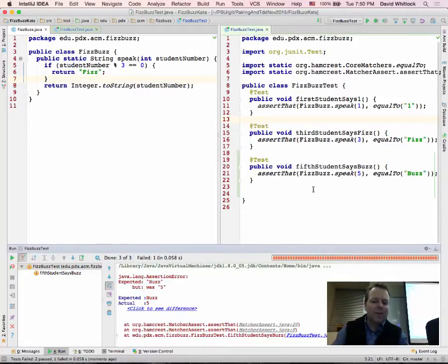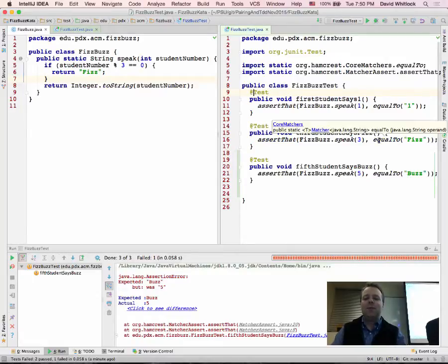Oh, you know what's something that I didn't point out here. In addition to using JUnit, which gives you things like this @Test annotation, we're using a library called Hamcrest, which is actually an anagram for matchers. One of my students pointed that out. It's like, oh wow, yeah, that's because Hamcrest makes no sense. Anyway, this gives you methods like assertThat and equalTo, which give you assertion statements that